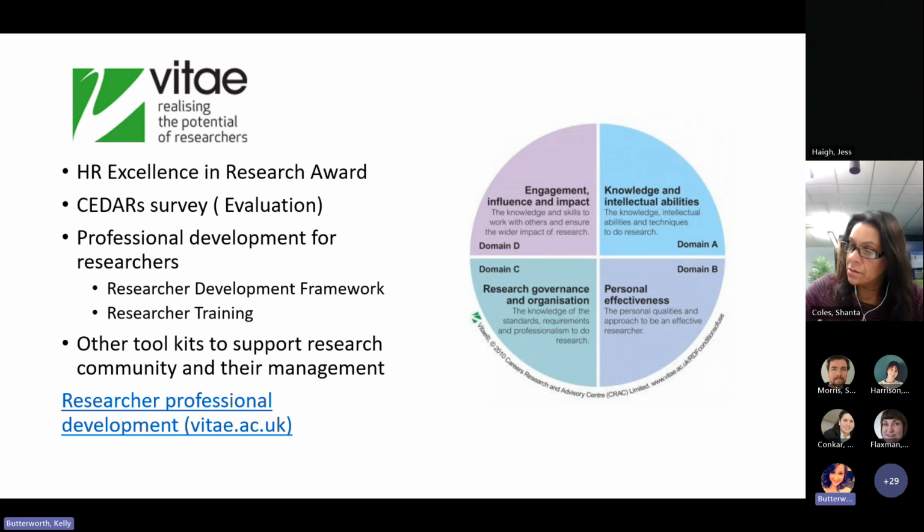These are: A, knowledge and intellectual abilities, which is the knowledge, intellectual abilities and techniques to do the research. B, personal effectiveness, the personal qualities and approaches to be an effective researcher. C, research governance and organisation, knowledge of the professional standards and requirements to do the research. And D, engagement, influence and impact, which is the knowledge and skills to work with others to ensure the